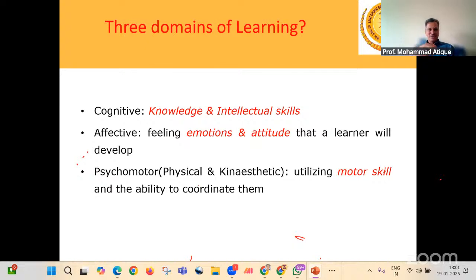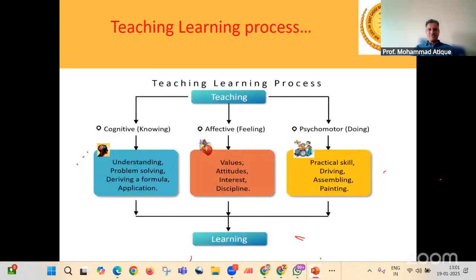And that's why these affective and psychomotor aspects are being neglected. Ideally, we must give them equal weightage. Let's say if you are calculating for 100%, maybe 34% for cognitive, 33% for affective, and 33% for psychomotor. But normally it is not there when it comes to assessment. So let us try to dig into these things in greater detail.